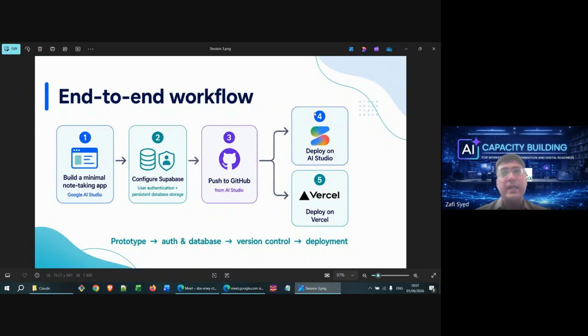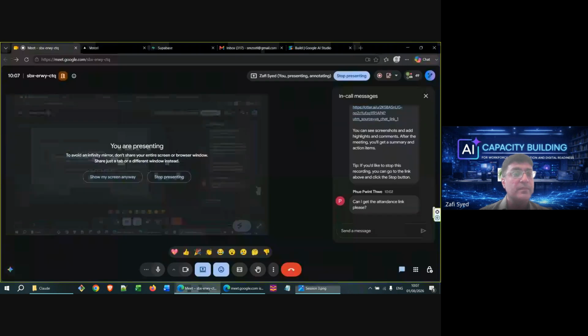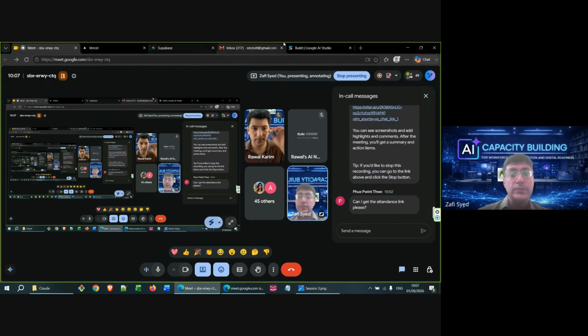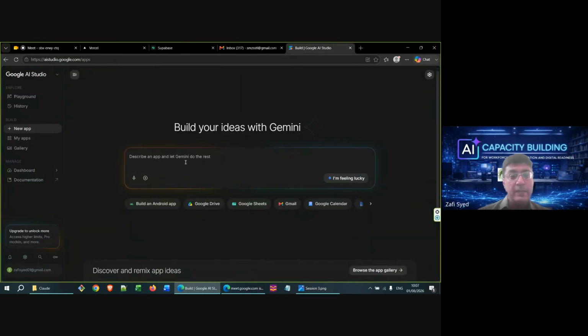So let's go ahead and start in earnest with creating the web app, and step by step, we'll complete these processes. In order to do so, let's go to Google AI Studio and enter a prompt. You'll have to go to New App and enter a prompt regarding creating a note-taking application.